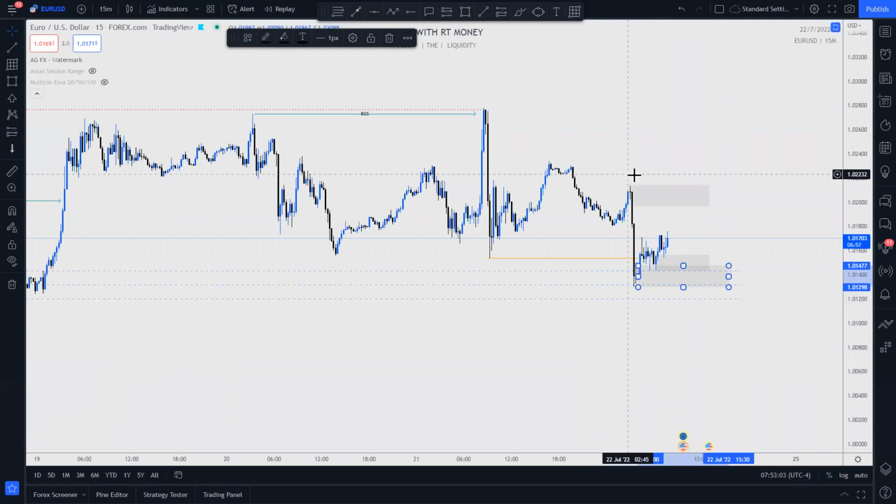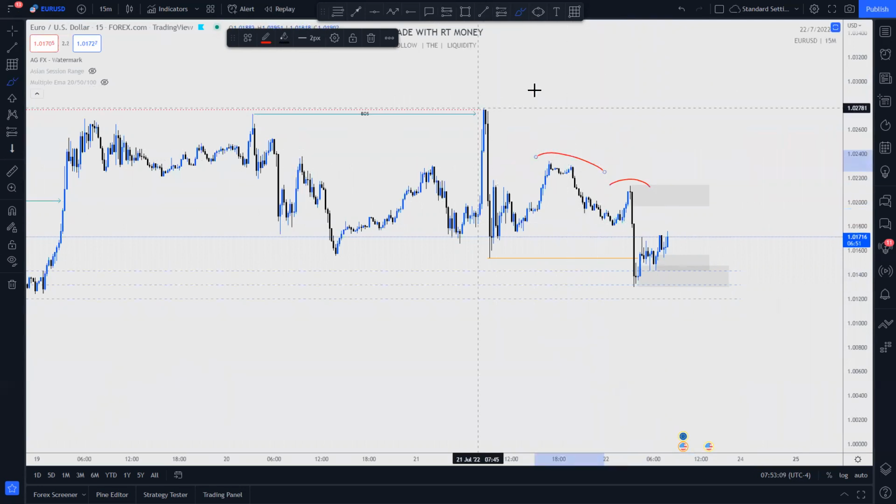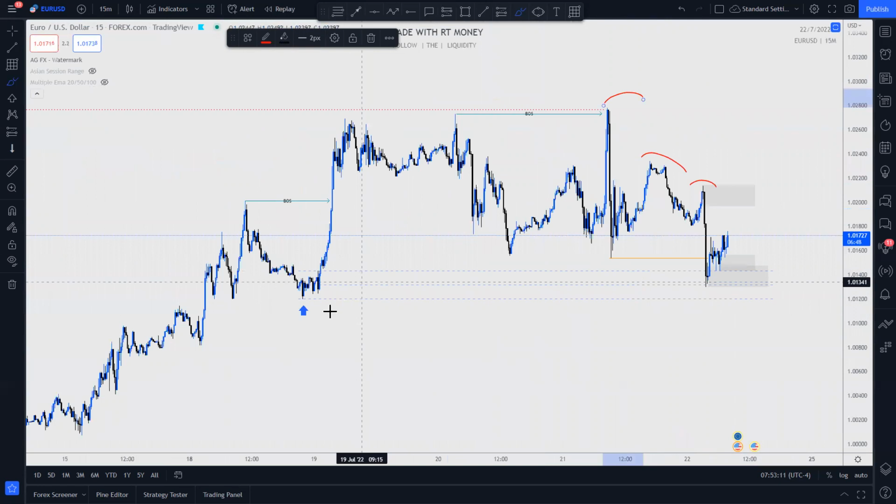All right, this is a weak high. I'm going to point that out. This is a weak high. This is a weak high. Why? Because it didn't make a new low like this one created,